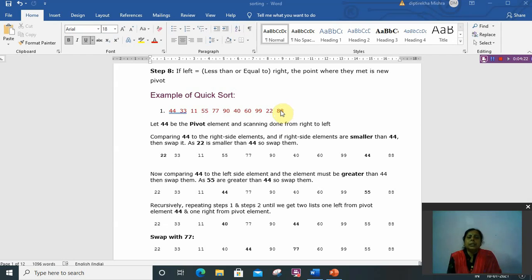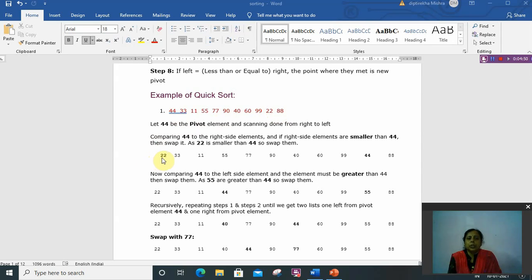The right element is greater than the pivot element, so the right variable moves to the left. From 88 it will point to 22. But 22 is not greater than 44. Always the right side element should be greater than the pivot element, but 22 is less. So 22 and 44 will be exchanged.